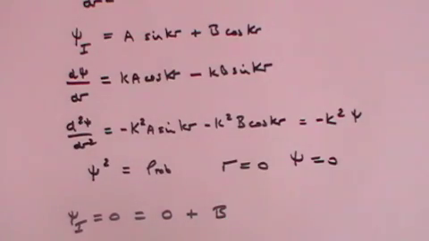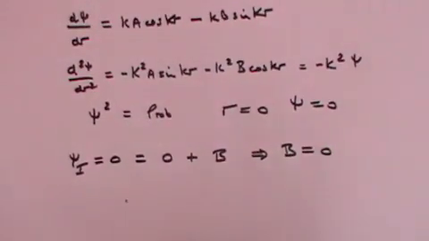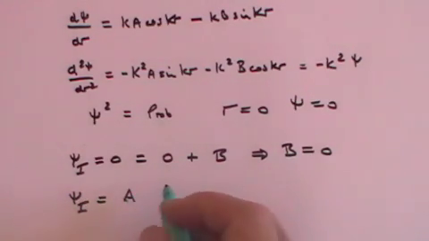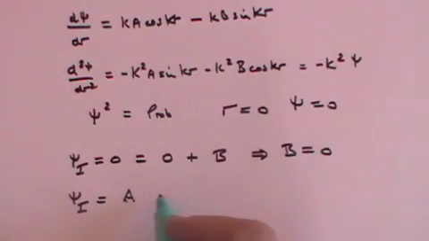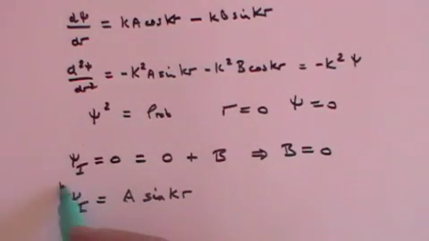So 0 equals b. And it's not too difficult to conclude from that b must therefore be 0. And consequently, psi in region 1 is simply a, which is some constant, times the sine of kr. So that's our wave function